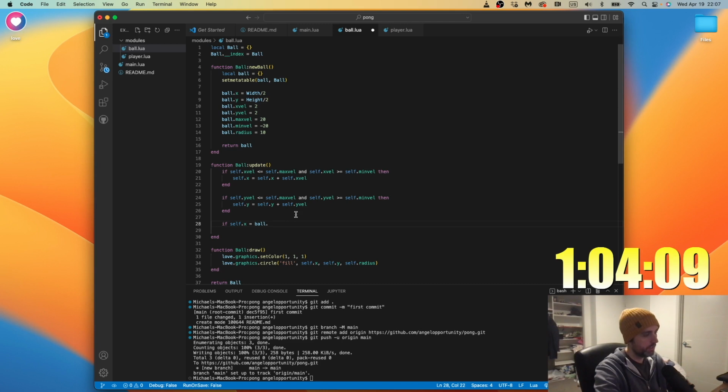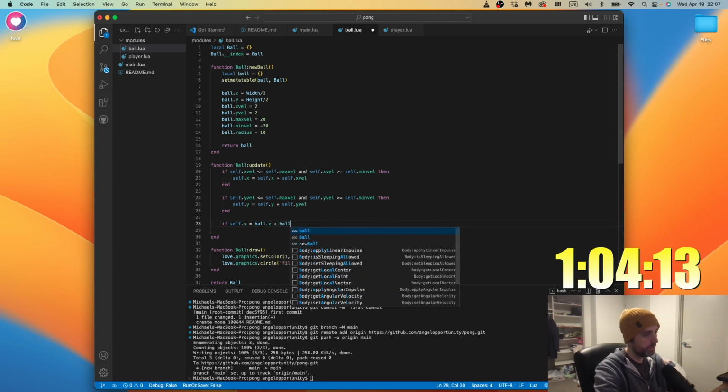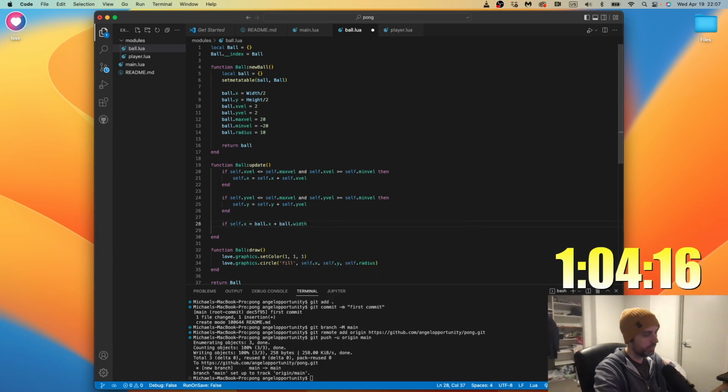Ball dot x plus ball dot width. I'm trying to think how this collision would work, because it's not just the x.